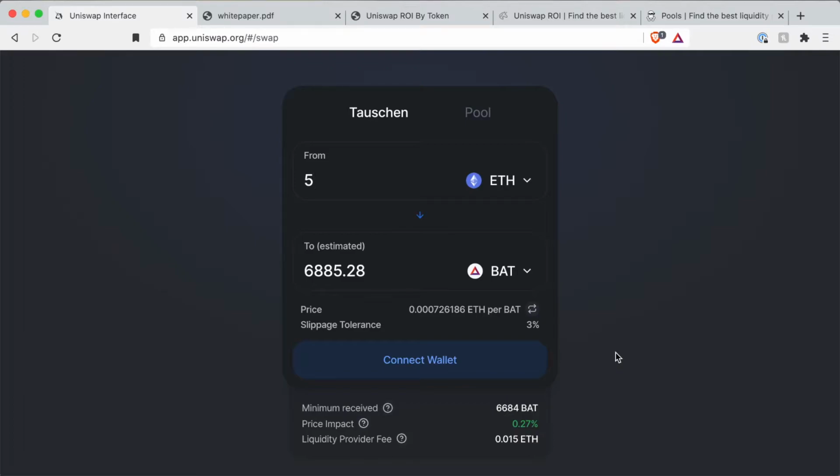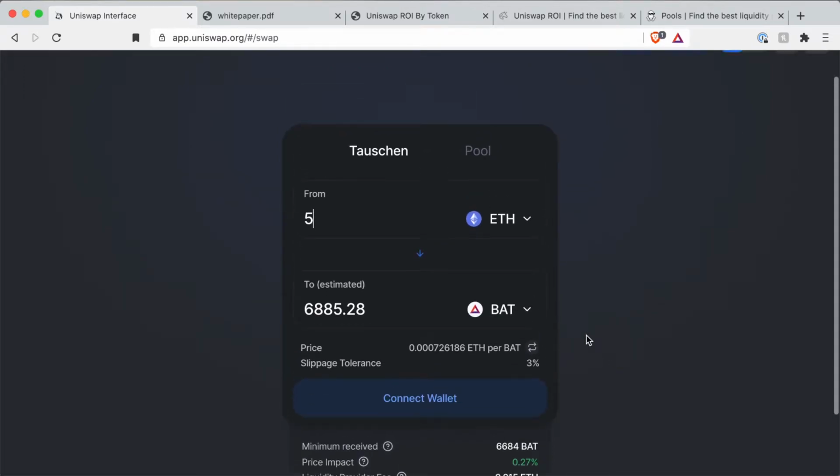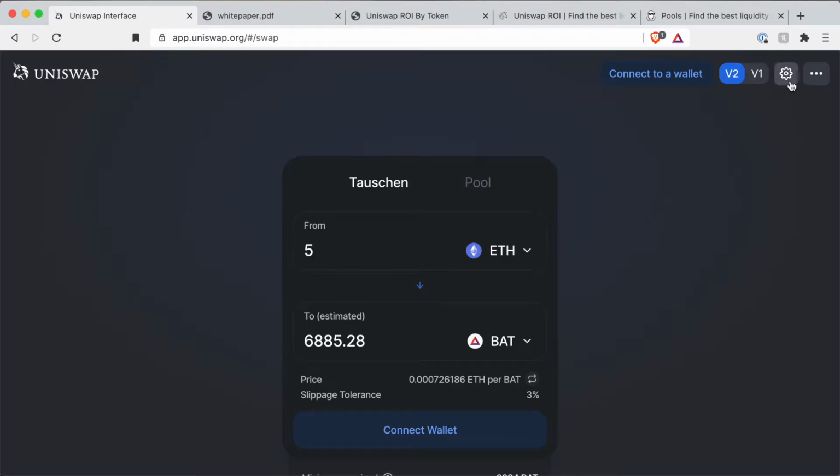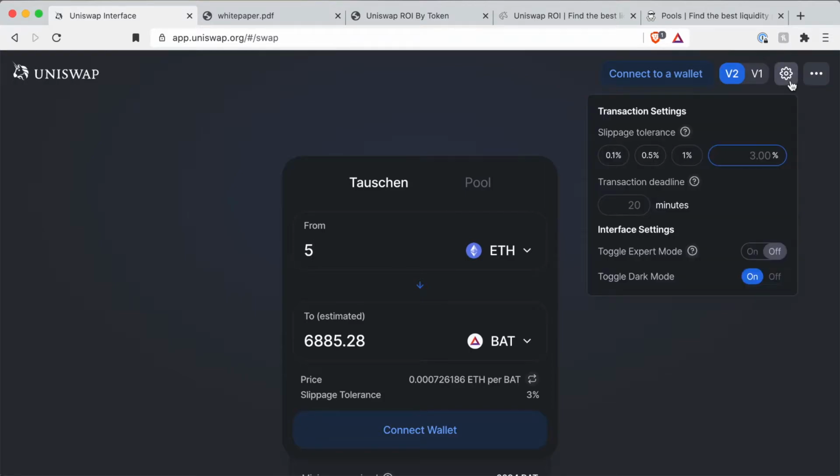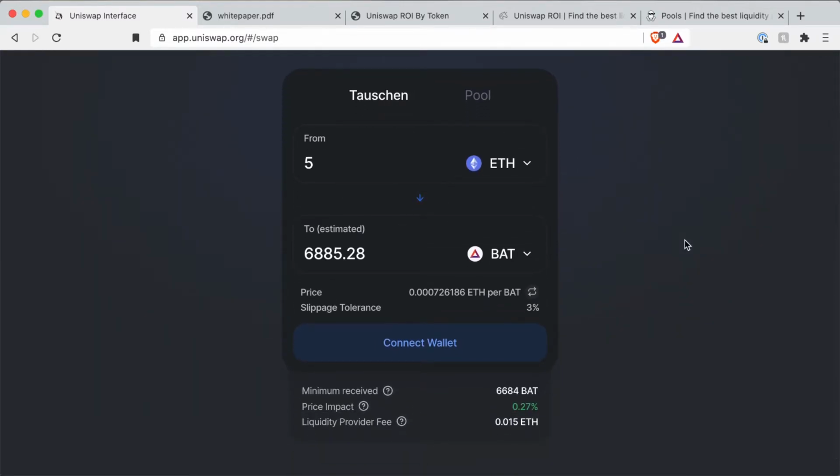First, I would start probably to explain the slippage. The slippage tolerance can be set up here. That's the setting window. So if you choose here, you can define what slippage tolerance you want. Default settings are 0.1, 0.5, or 1, or you can enter whatever you want. So the slippage tolerance basically influences how far you are willing to accept a lower price than it is at the moment. So basically to explain it a bit further, we have to look at how the price on Uniswap